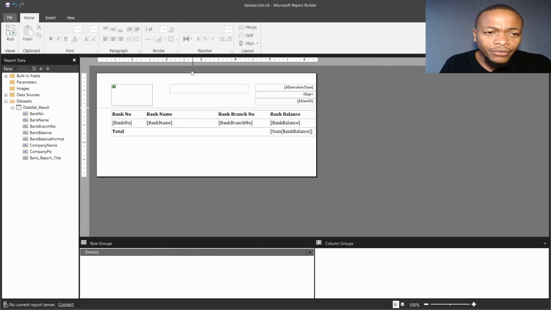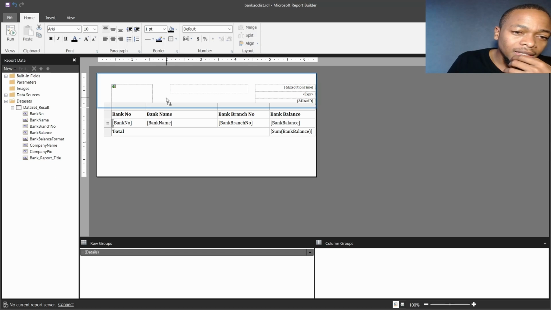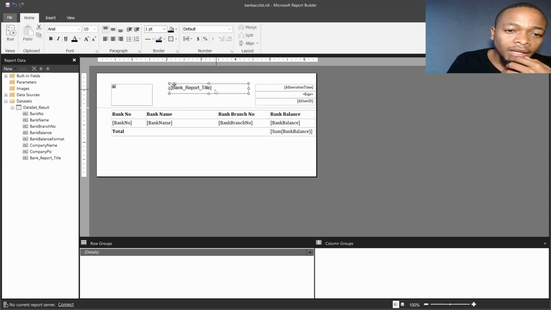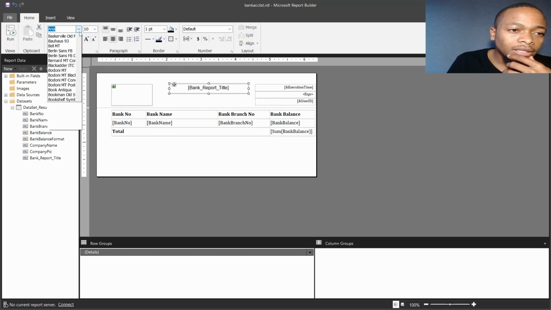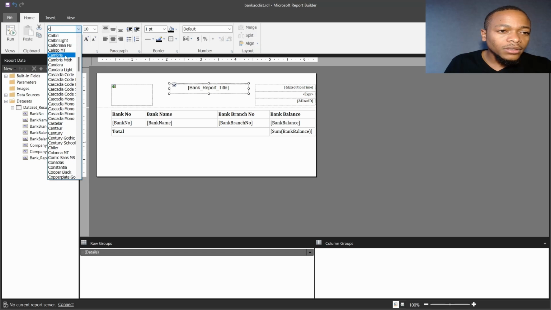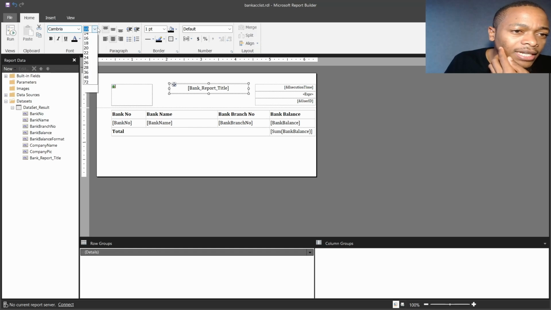In as much as I'm moving, this is in inches, I am at 6 inches. I should not move past 8.5 inches. So I'll just drag this report title here, and then I love aligning it to the center. It looks really well. Change it to Cambria, the format I've chosen for today. Change the